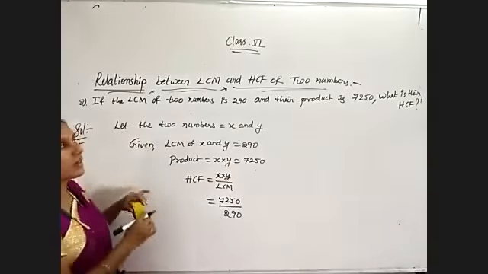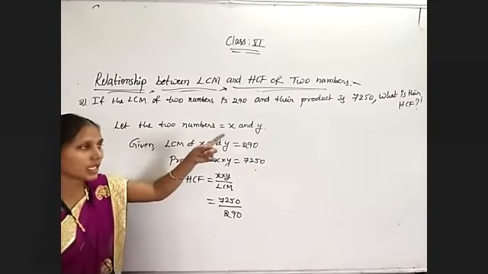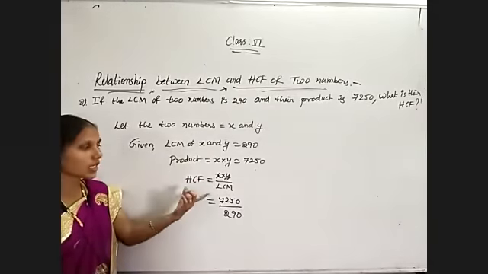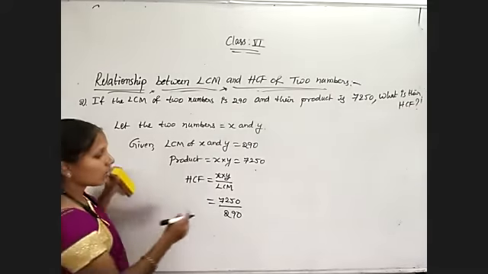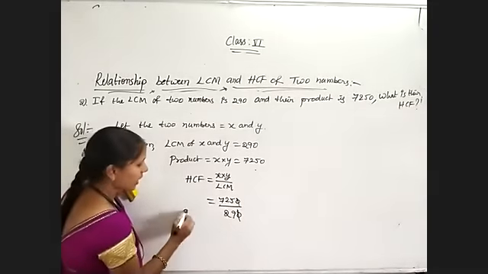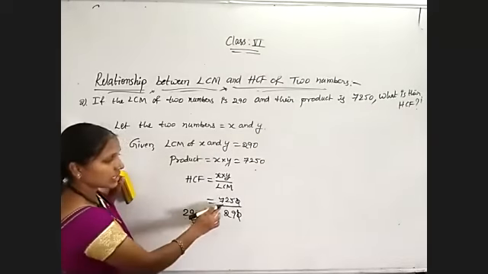So just remember whatever values they are given and what they are asking to find. Here they are asking to find out HCF. So write the formula for HCF using the relationship. That's all. Now the 0s will get cancelled. 29 we have. So 29 5s are, check once. 29 5s are will get lesser than 720.